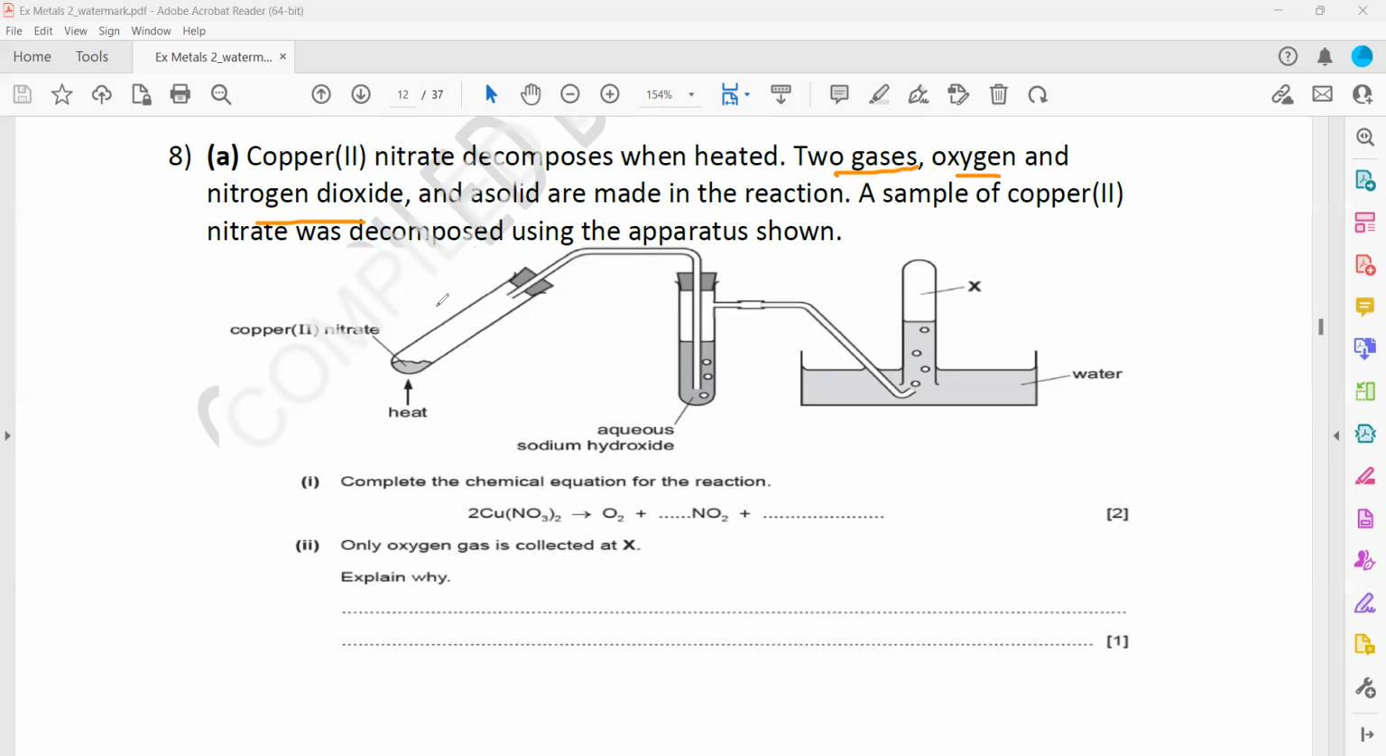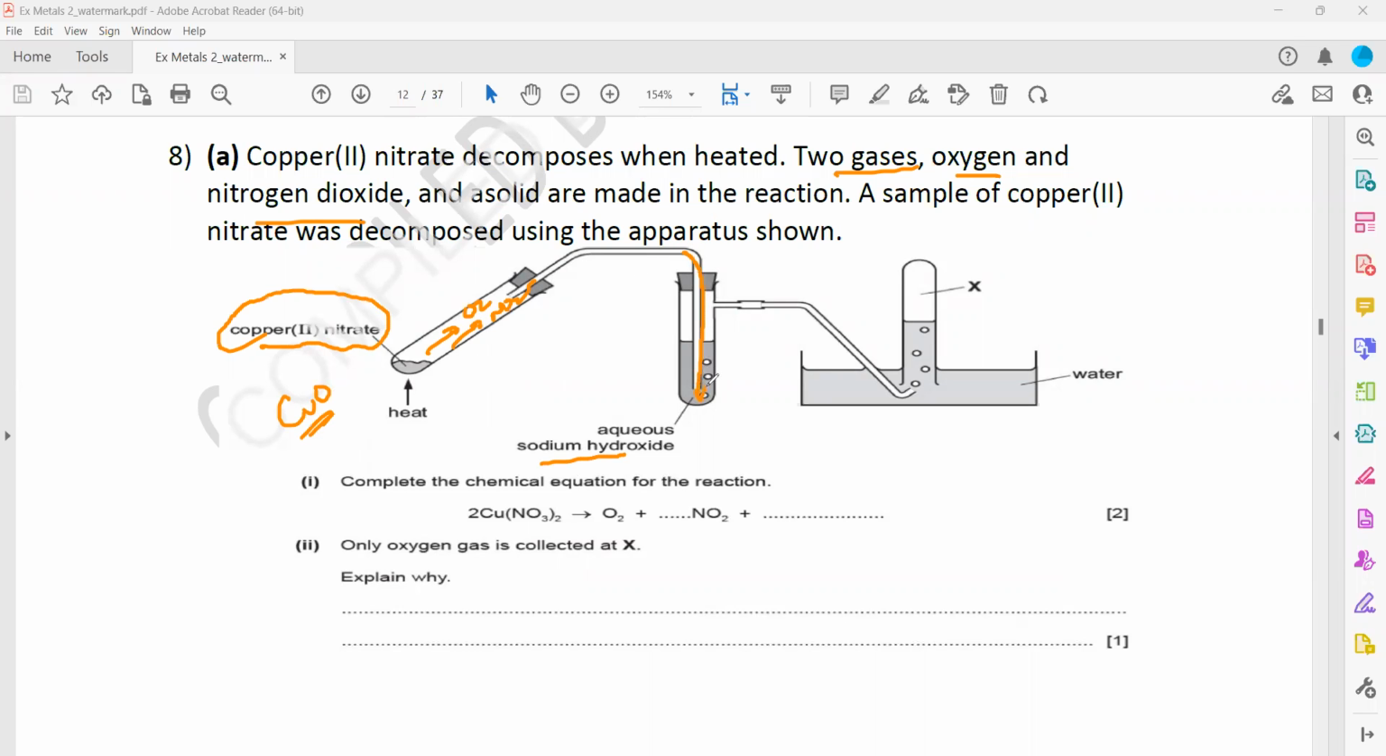A sample of copper 2 nitrate was decomposed using the apparatus shown. So when we supply heat energy to copper 2 nitrate, it releases two gases, one is oxygen, another one is nitrogen dioxide. And this solid was originally copper 2 nitrate, but then it will turn into copper oxide. And when we pass this through aqueous sodium hydroxide, because nitrogen dioxide is a non-metal oxide or acidic oxide, so